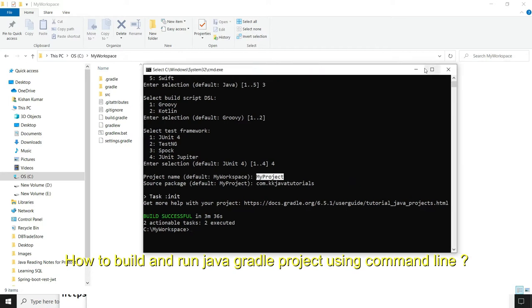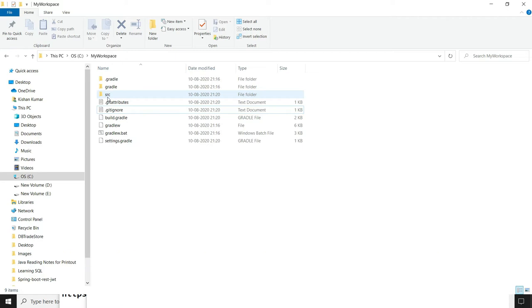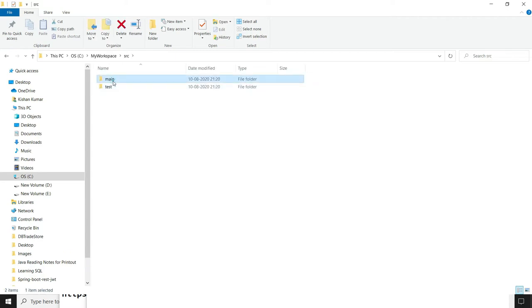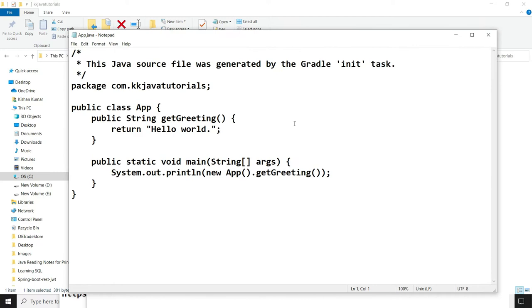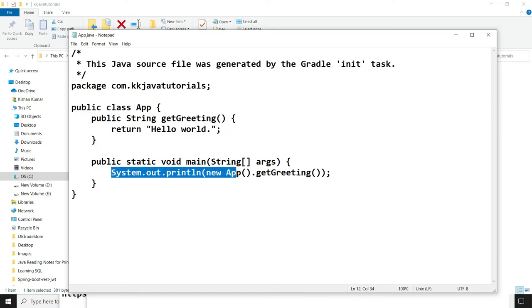So let me first show you the resources that have been created by Gradle by default. If you go to src main Java, then you have a package name and this file has been created automatically, right? This is a very simple Java class with the name App, and there is a public method which is going to be called from your main method, right? Gradle has created an object of this class and is calling this basic instance method, right? Of course we should be able to run this class from the command prompt so that we get the output as hello world.